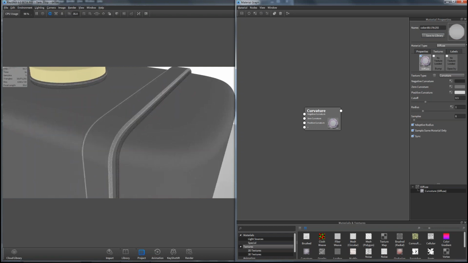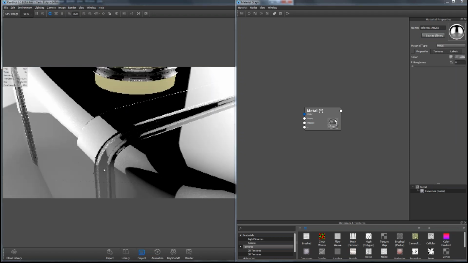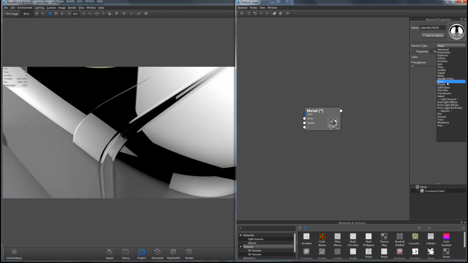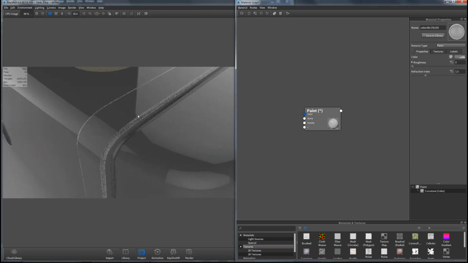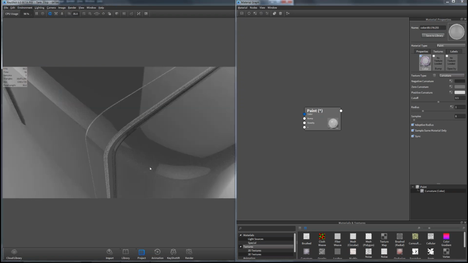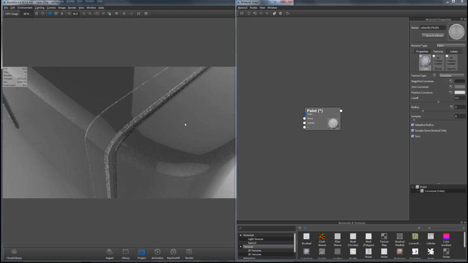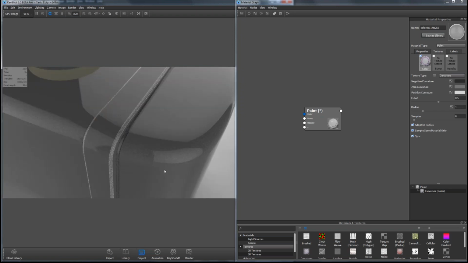Now I'm going to change this material type to metal. And now if I look at my material, actually we'll see it a little bit better. Let me change that to paint, so it's not as reflective. So now the color of the edges is a lighter color and everything else is a little bit darker. So that's just an introduction to the curvature procedural shader, because we're going to be using that one. And again, this is in KeyShot 5, so you can play with this one today.